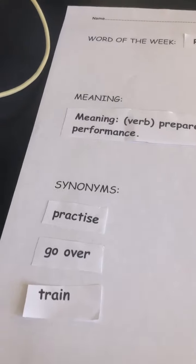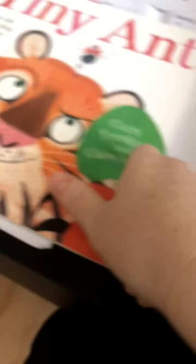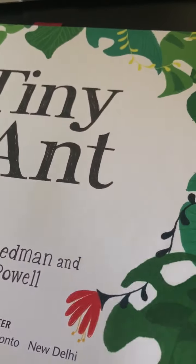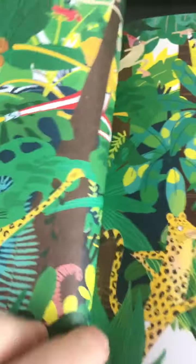So I'll just slide that out of the way, and we're just going to have a look at some of the other vocabulary in this book, just to make sure that you understand, because I've got a vocab booster in this week's worksheets. So the word I'm going to have a look at as well was, let's see, the word